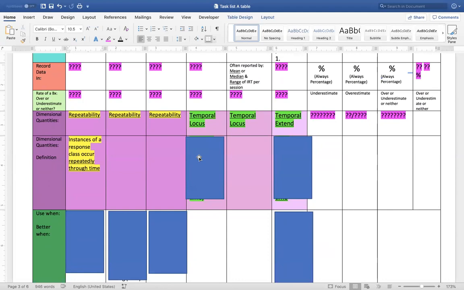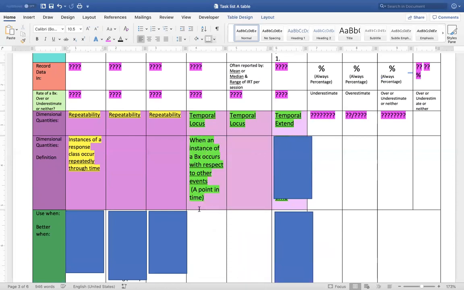Okay, so when an instance of a behavior occurs, I'll give you two options, and you tell me which one it is. When an instance of a behavior occurs with respect to other events, a point in time, for example, or every instance of a behavior occurred during some amount of time. Respect to other events. Yes.